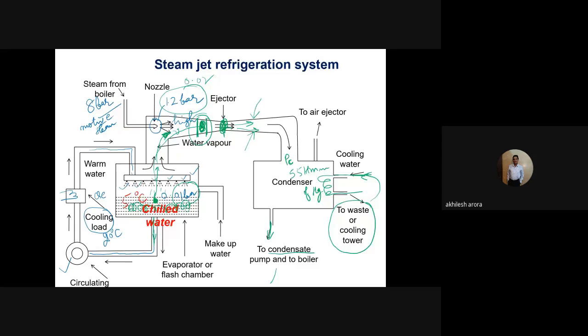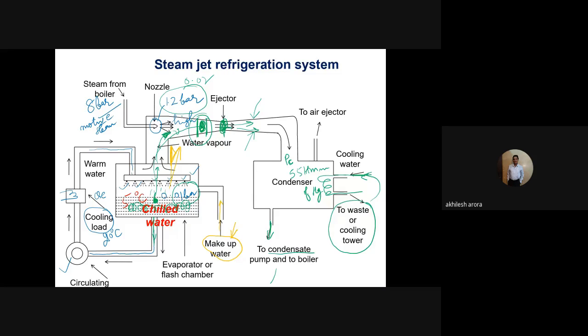One more thing I would like to tell you here. In the evaporator, a certain amount of evaporation takes place. When evaporation takes place, there is loss of water in the evaporator. That loss of water is taken care of by supplying makeup water. So here we are supplying makeup water to the evaporator, because a certain amount of water has evaporated from the evaporator or the flash chamber, and that is lost, or goes to the boiler, or goes into